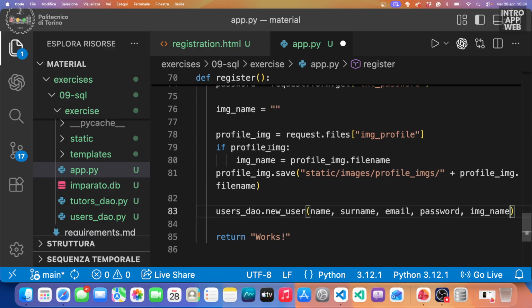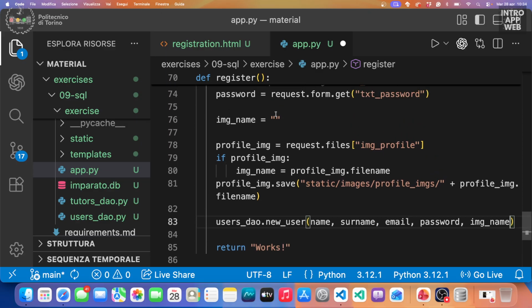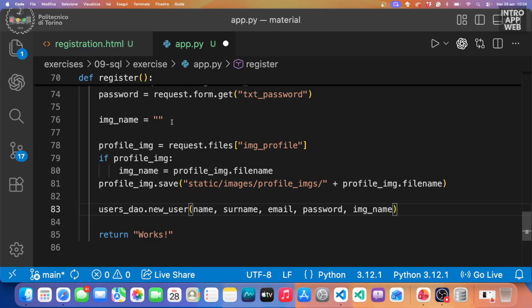Okay, and here I did something similar now because we are not sure that we will be getting an image. And on the other side, on the DAO function, we said that if the user didn't upload any image, we will pass that parameter as an empty string. So that on the DAO, if it receives the empty string, it knows that that information hasn't been provided and executes the query without inserting the profile image. So to keep the consistency with the decision and with the implementation we did on the DAO, here we're doing